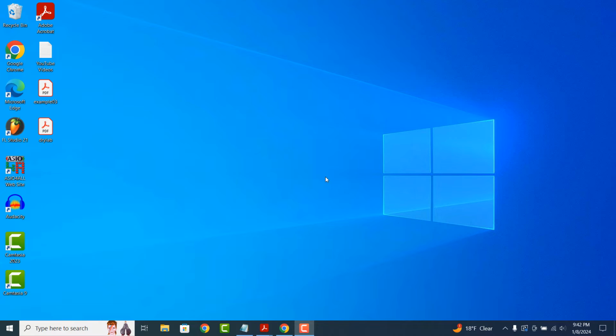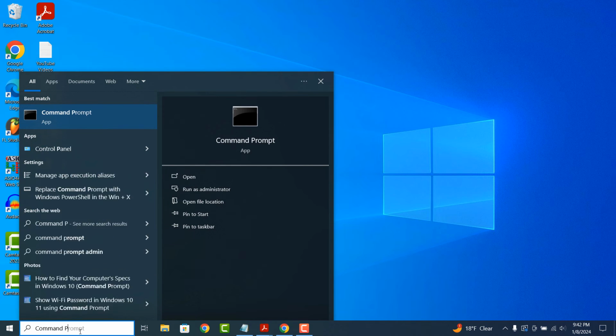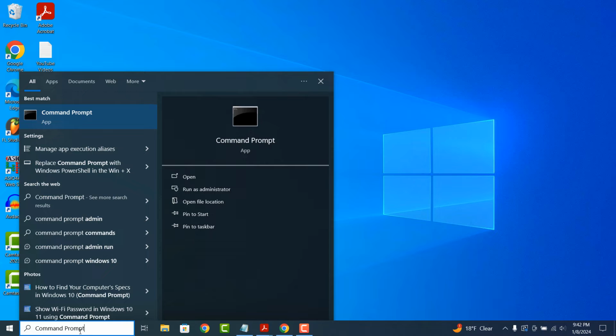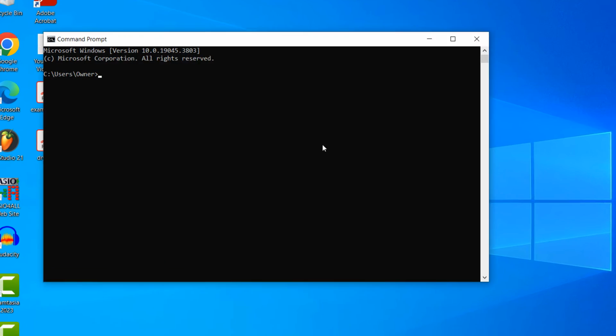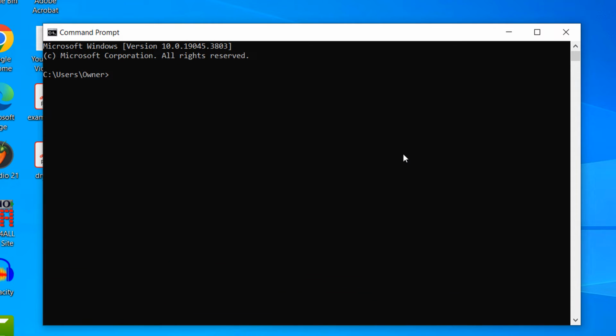To get started, go into the Windows start bar, type in command prompt, and open up the command prompt application. From the command prompt application, type the following command: